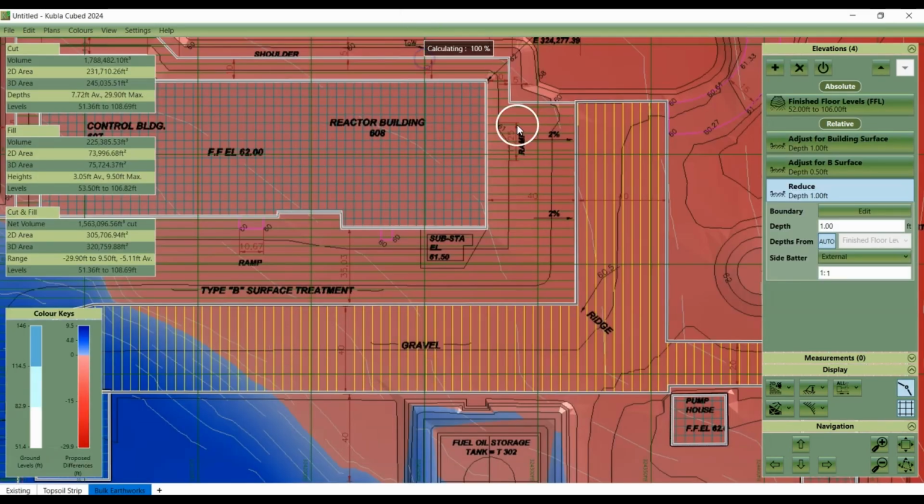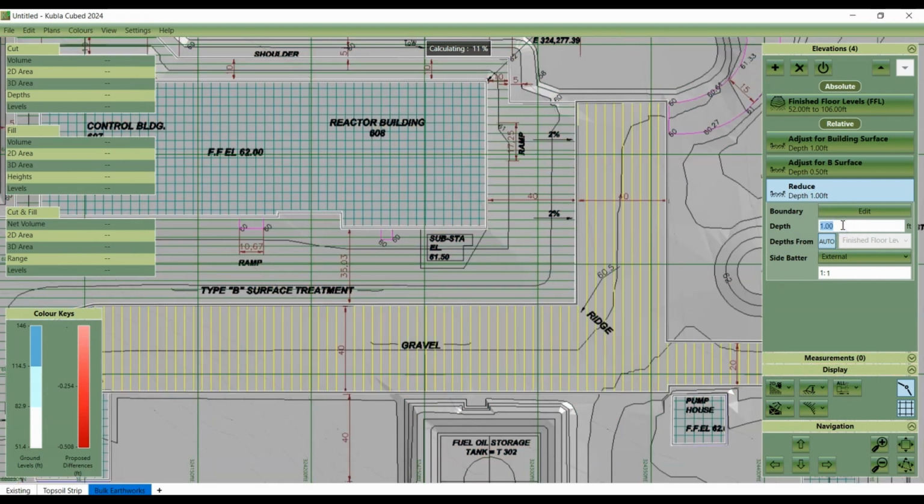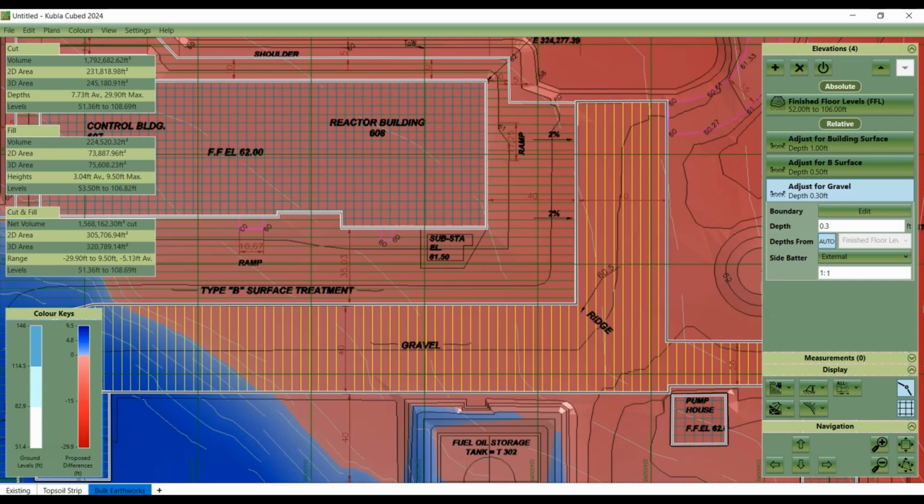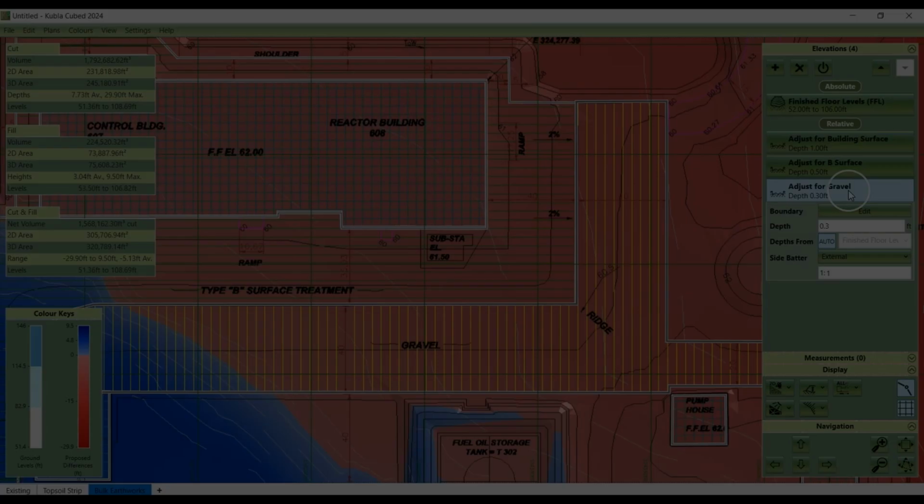Okay. And I'll just rename it adjust for gravel. And then it will just calculate. And there we are. We have our finished floor levels and our adjustments for each of the types of surface.